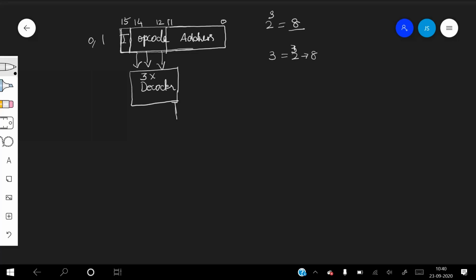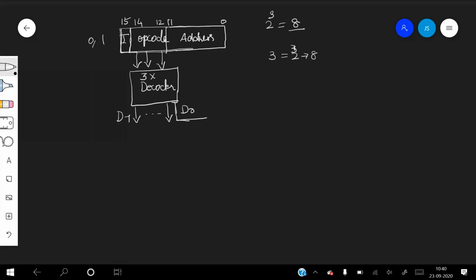As these are the outputs of the decoder, we call them D0, D1, D2, D3, etc., up to D7, the last output of the decoder. D0 is the first output. So, 8 outputs.